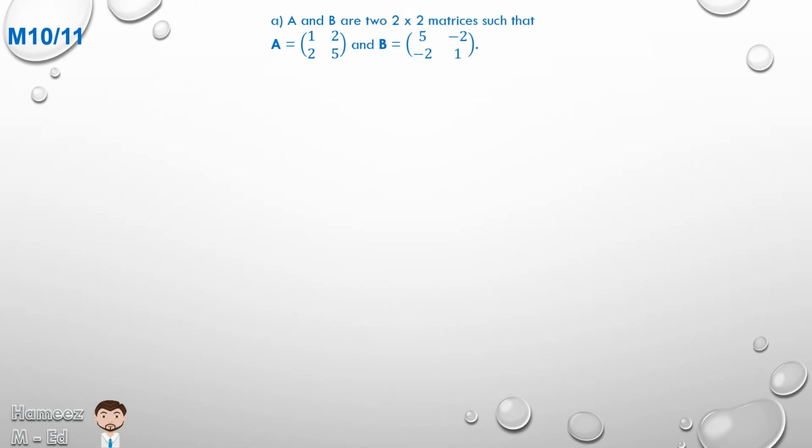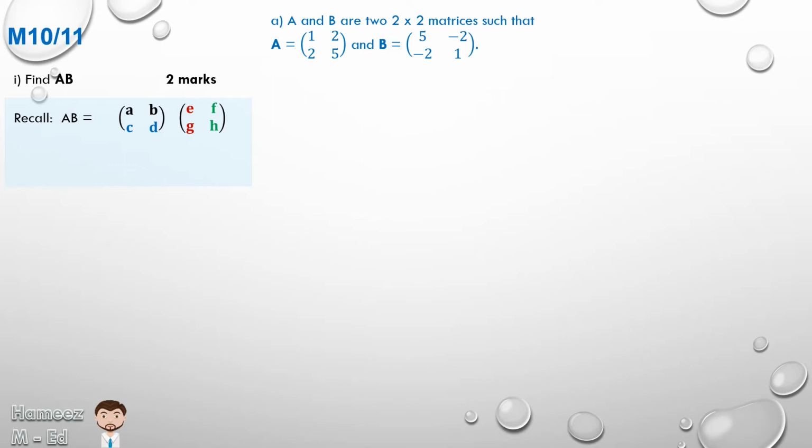May 2010, number 11, part A. A and B are two 2 by 2 matrices such that A, the first matrix, is 1, 2, 2, 5, and B is 5, minus 2, minus 2, 1. Part 1, find AB. So let's recall, as we did before, that AB is, I'm writing it here as a general formula